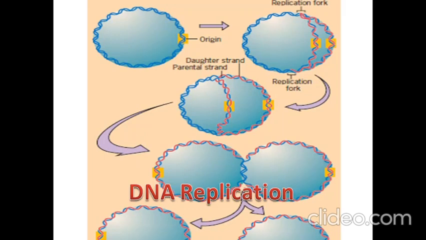But in the early 50s, it was not clear what the mode of DNA replication was. So there were some presumptions about how the DNA is replicated and what kind of DNA replication takes place. But the scientists Meselson and Stahl performed an experiment to prove that DNA replication is a semi-conservative method.